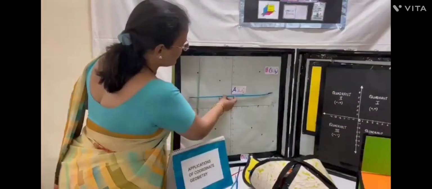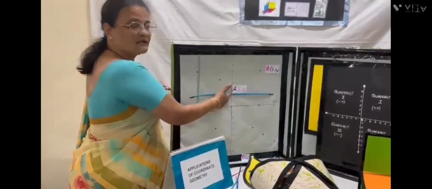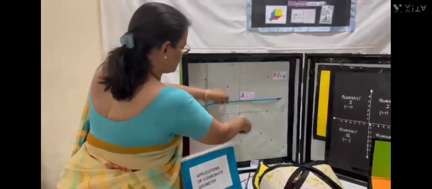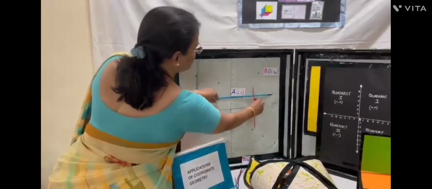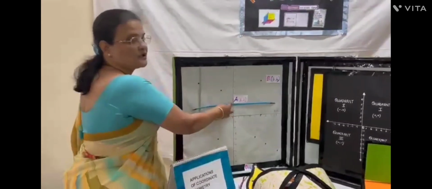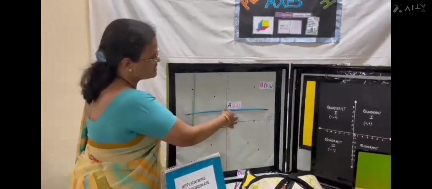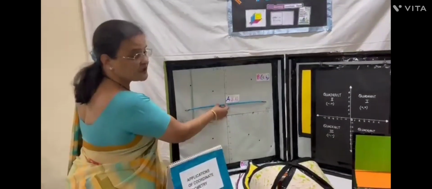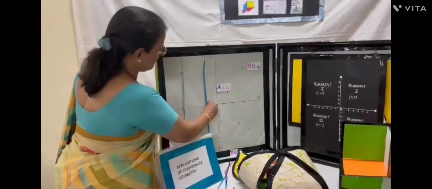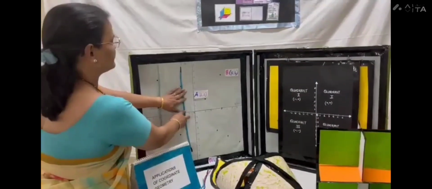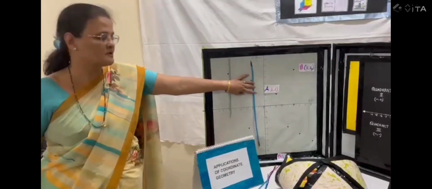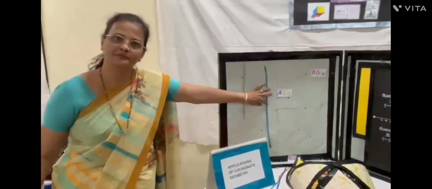Now if I pass a line through this point which is parallel to the x-axis, and for any point on this line we draw the perpendicular, we will see that it meets on the x-axis and we can find its x-coordinate. So for points on a line parallel to the x-axis, the y-coordinate is fixed, that is constant, whereas the x-coordinate varies. For a line parallel to the y-axis, the y-coordinate varies, but the x-coordinate is fixed because the perpendicular falls on the x-axis.